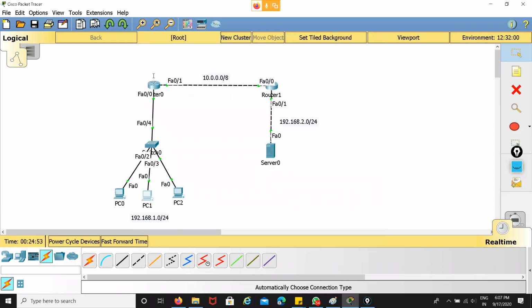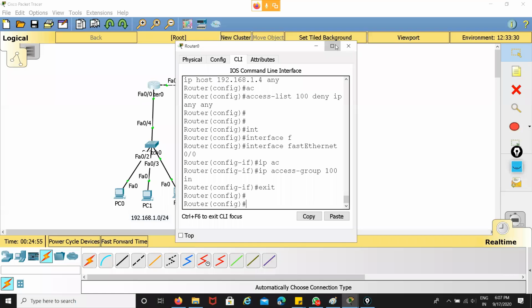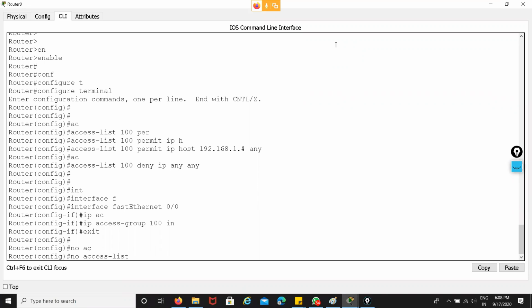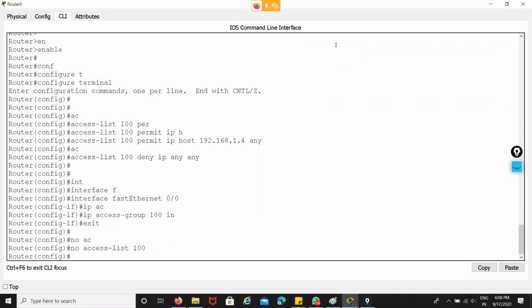Okay, so this is the process that you follow to filter the traffic whenever you want to use the extended ACL on the network. If you want to configure the extended ACL by using numbers, you follow this specific process. To remove it, you have to choose no access-list 100. Then all the configuration regarding the numbered ACL 100 is totally removed from this router.